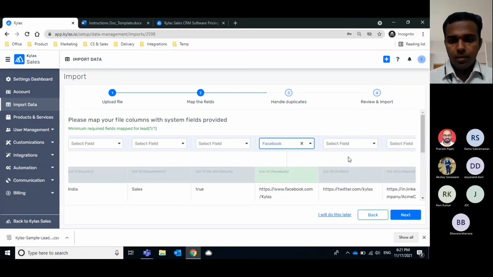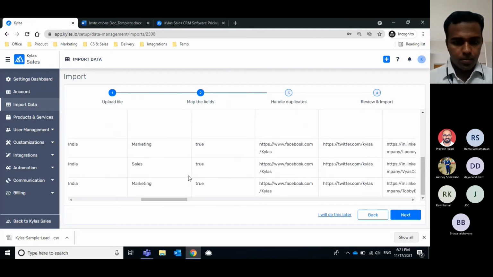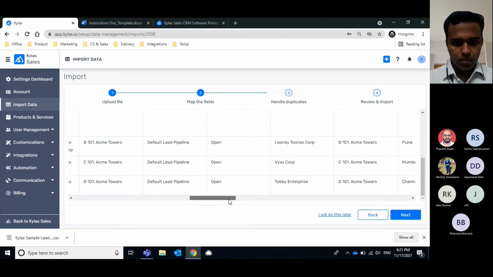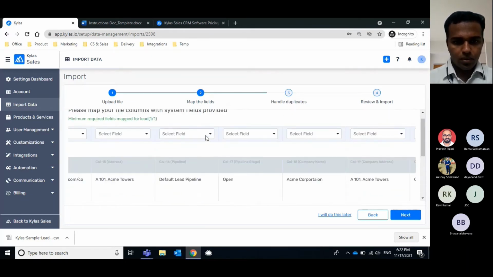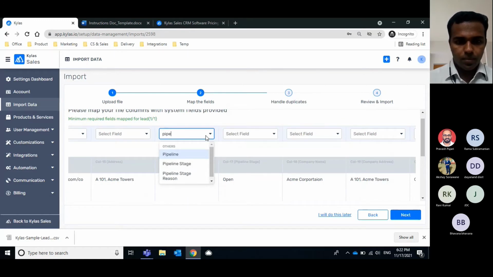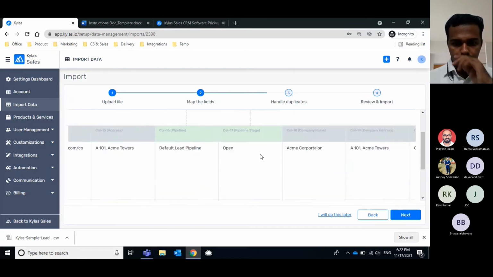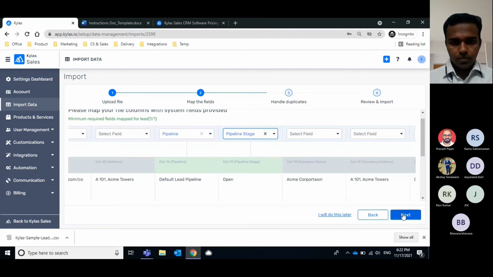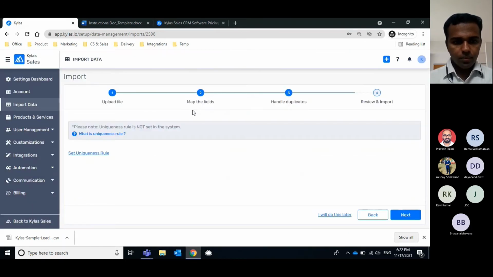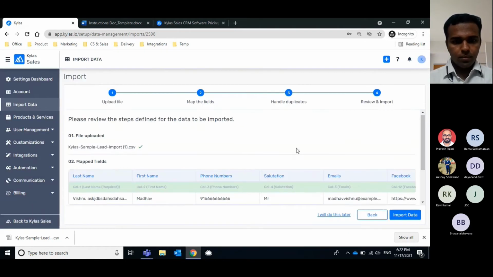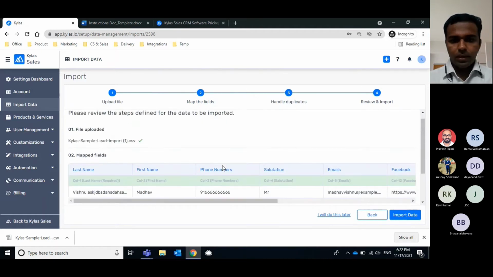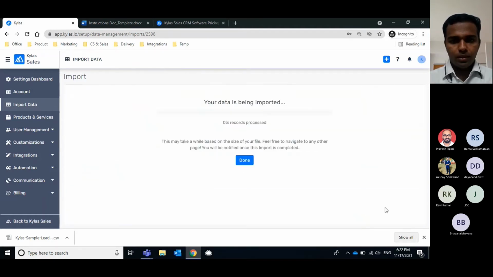Try mapping some URL fields as well. Also pipeline. So right now the mapping is done. I will try to import this data.